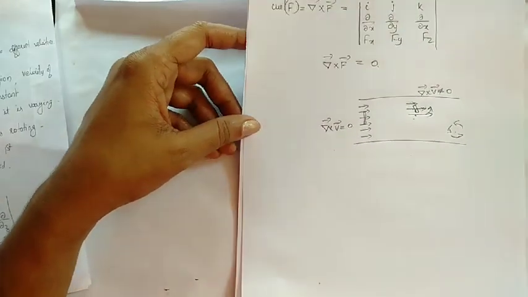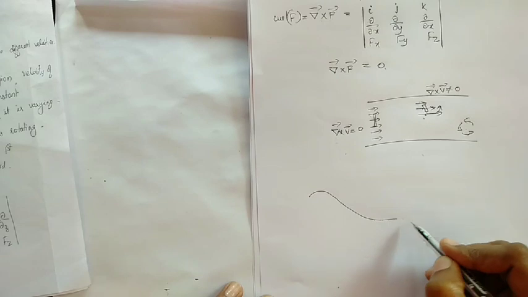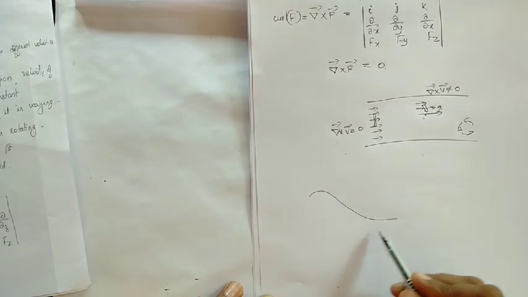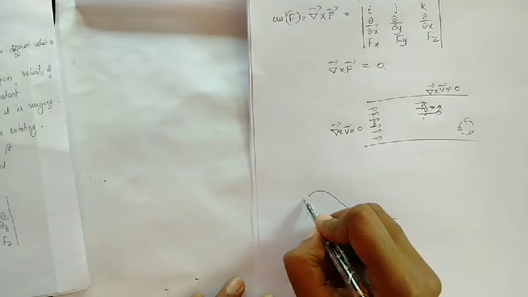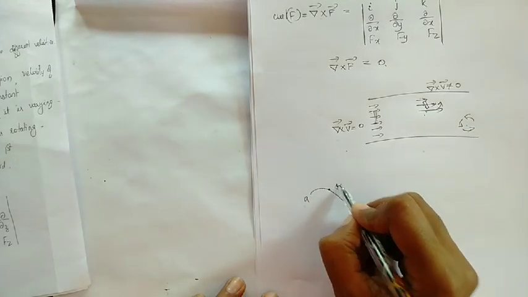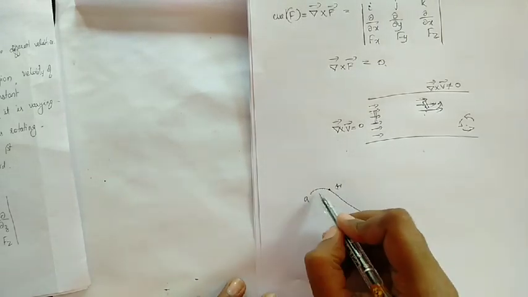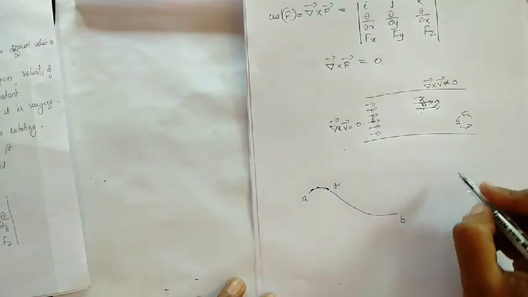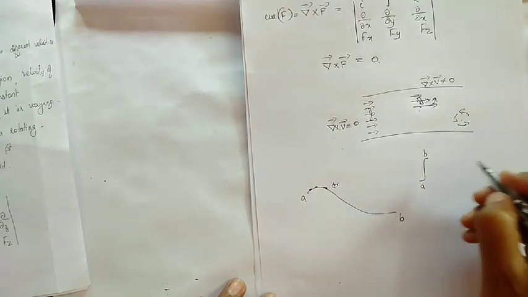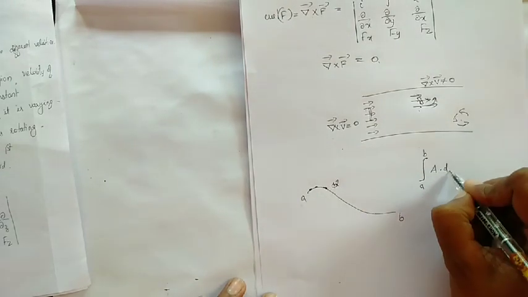What is meant by a line integral? Line integral means if there is a curve like structure and you want to integrate a function, which is evaluated along a curve, suppose these are points A and B, then for that we will consider small elements like dr or dl and take the integration, isn't it? We will divide it into small lengths dl and then take integrals, indicated by line integral from a to b. If a function is A, it will be A dot dl.